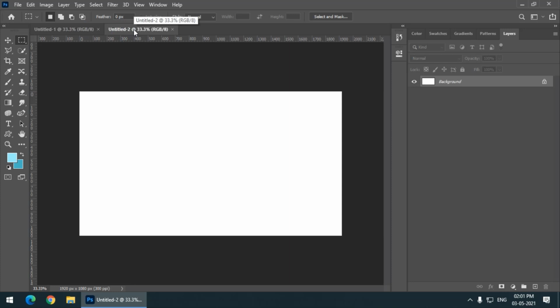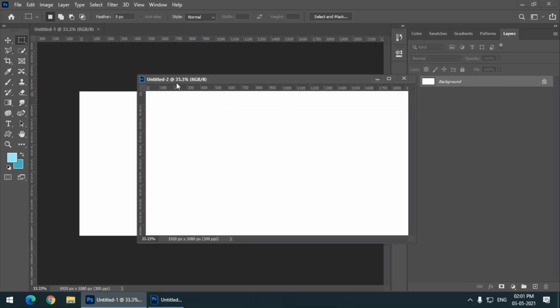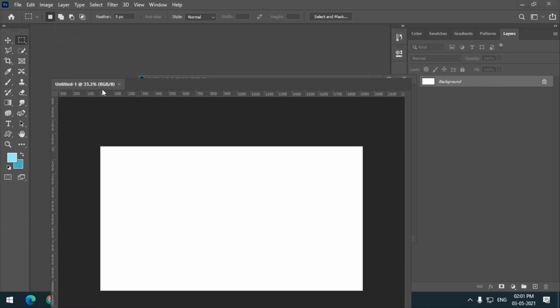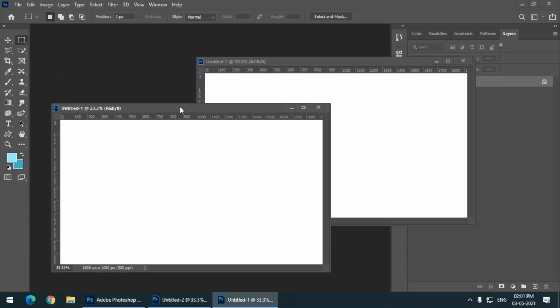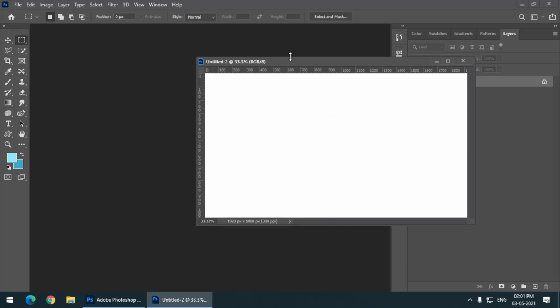If you want to detach these tabs from this bar, we can simply left click and drag it, so that we get these two tabs separately. It is not necessary to separate the tabs, but if you want to, this is the way you can do it. Let's say I close this one.